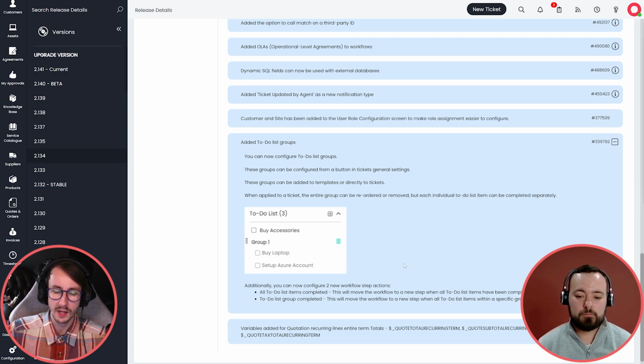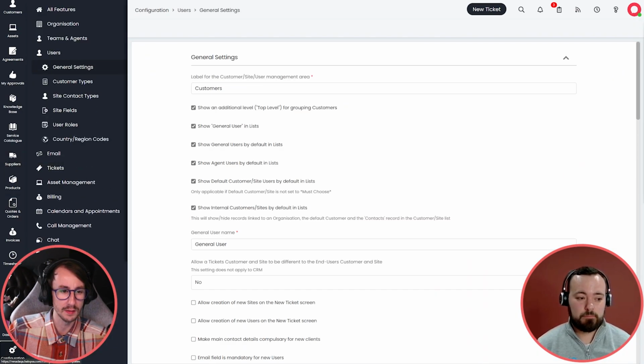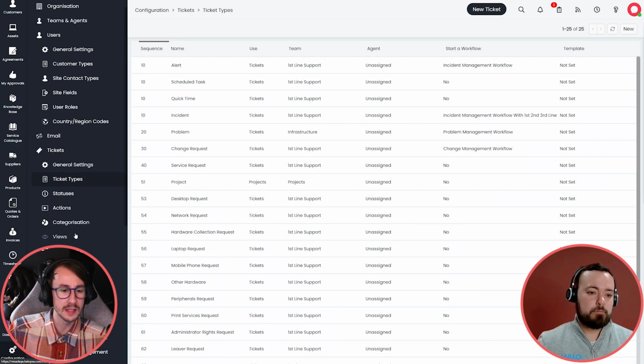There's also been some more stuff added to this, and I'm bad because I read the release notes all the time, but in one of the versions we can upload to-do lists. So is that even a thing now? I don't even know. I've lost the plot these days. Let's have a look in the configuration quickly. So if we go to tickets and ticket templates,